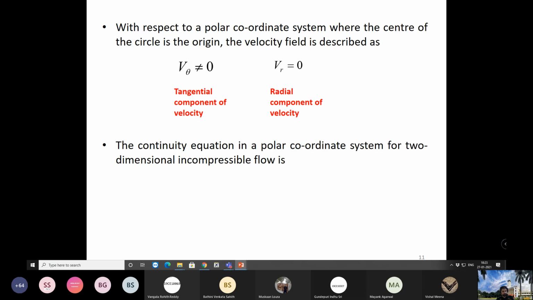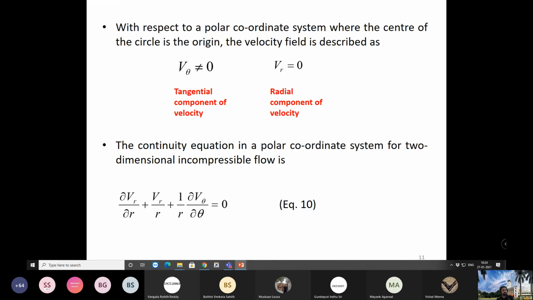For an incompressible flow, there is no change in the rho. Rho means density. Therefore, it turns out to be del u del x plus del v del y plus del w del z equal to 0. All right, and even if we simplify it further, you can write A1 V1 is equal to A2 V2. But a general continuity equation in polar coordinates for two-dimensional incompressible flow is this. This you can verify.